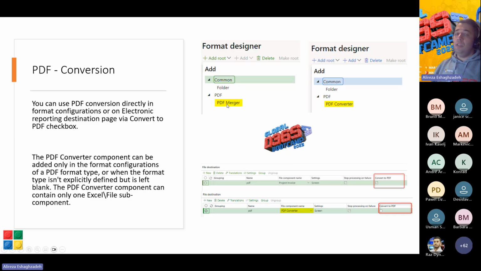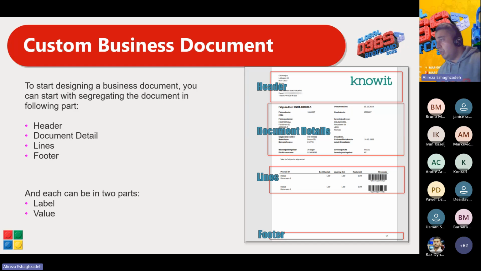It also has a PDF merger in case you have several PDF files that need to be generated. So you can merge them into one file and generate it via electronic reporting. But when you want to start a business document from scratch, I have just created an approach